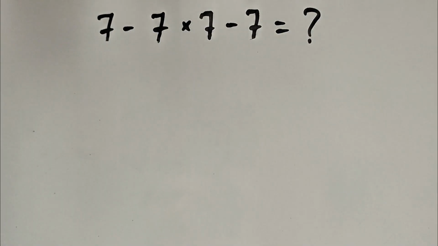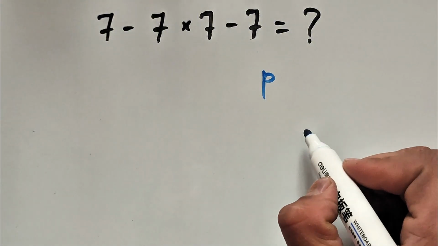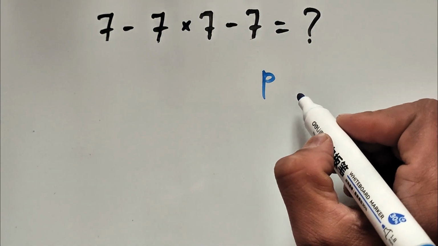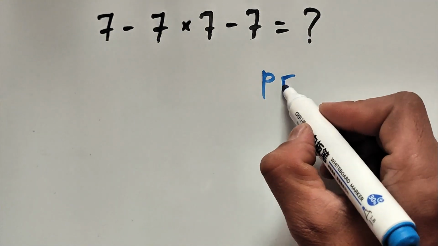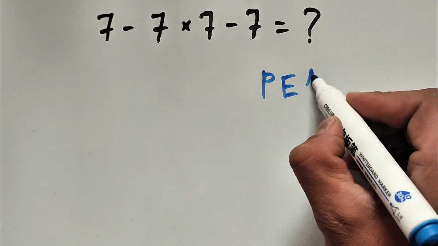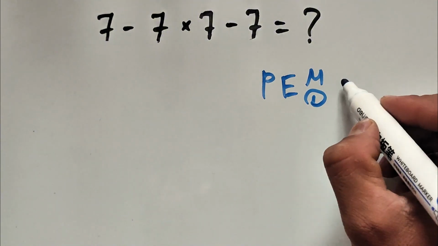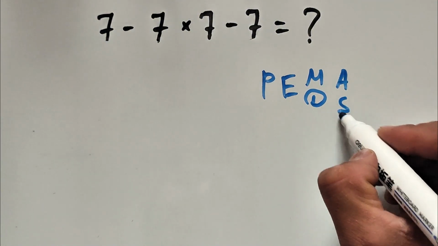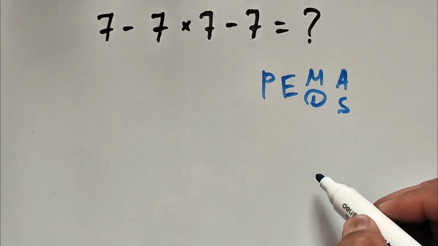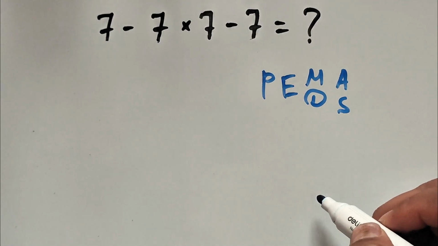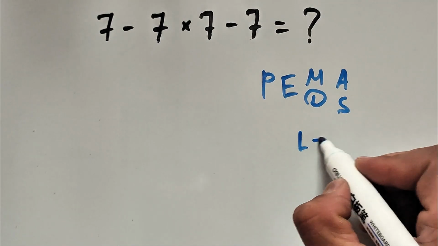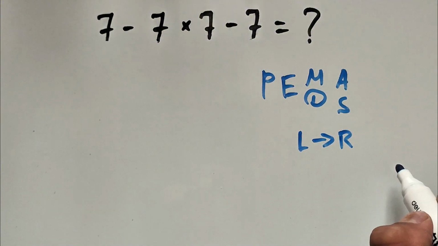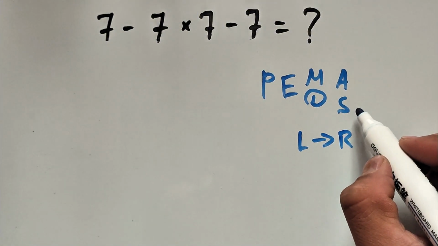work inside the parentheses. After that, if there are exponents, we have to work exponents, and then multiplication or division, finally addition and subtraction. Multiplication and division have equal priority, that's why we have to begin to work from the left to the right. And the same rule applies for addition and subtraction.